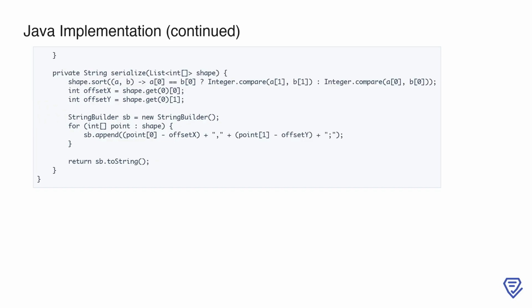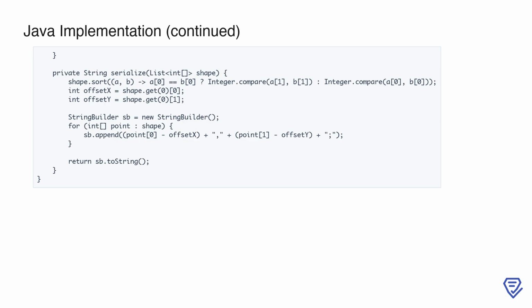These offsets are subtracted from each point to align the shape to a common origin. A string builder is used to construct the serialized string by appending the relative coordinates of each point, separated by commas and semicolons. This string representation allows us to compare different shapes efficiently. By combining this serialization process with the normalization logic, we can accurately identify and count distinct islands, regardless of their